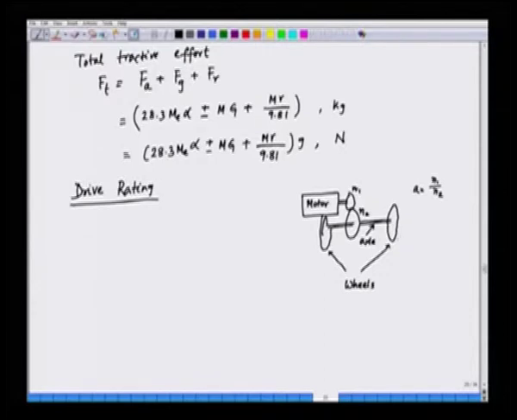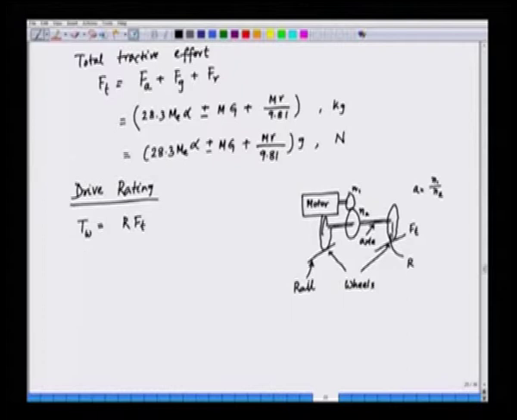And here we have to find out what is Ft. Ft is the tractive effort. We have the train moving on the rail here. This is the rail. And the tractive effort that has to be applied here is Ft. So, if Ft is the tractive effort and the radius of the wheel is r, what is the torque that is experienced in the axle? So, we can find out that the torque at the wheel or the axle is equal to r into Ft,